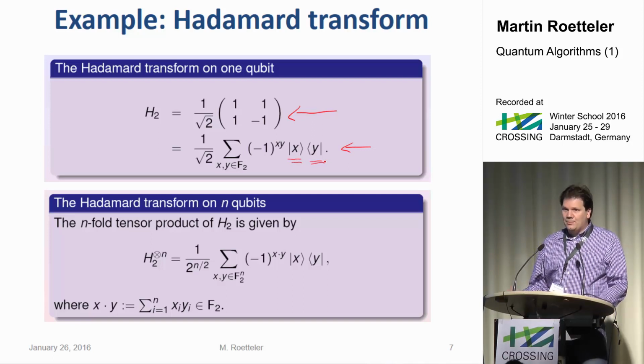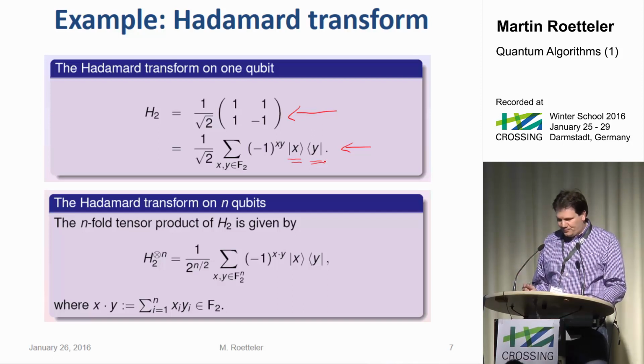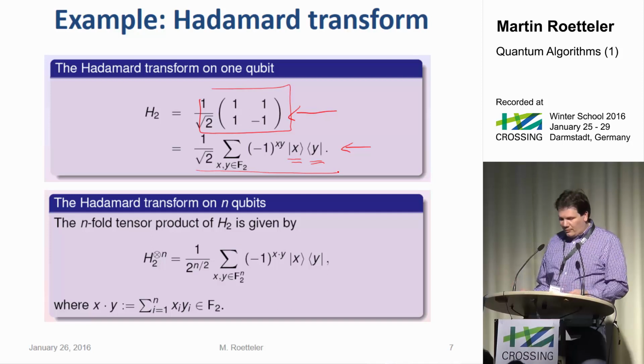What's nice about that calculus is that if you have a covector and a vector, you get a scalar. If you do it the other way around, you get a rank 1 projector. We saw some of that in Renata's talk this morning, using these kinds of operators. So you have different ways to represent the same operator. H2 is the 2x2 Fourier transform. You can write down that matrix, write it in this form, or write it in a graphical form.